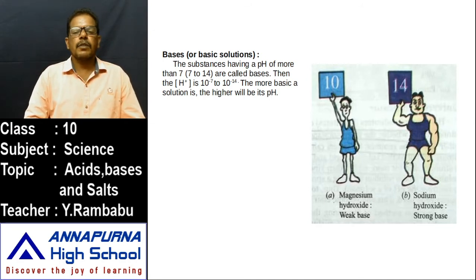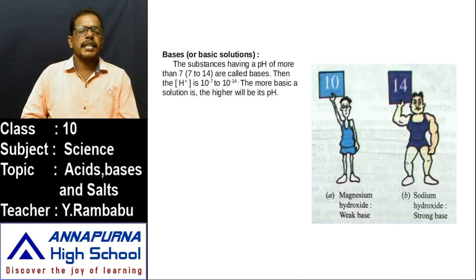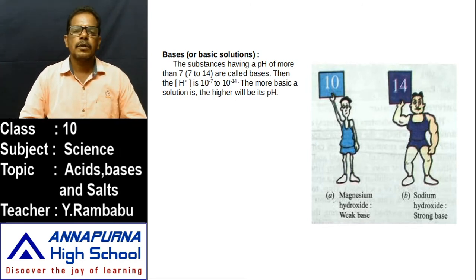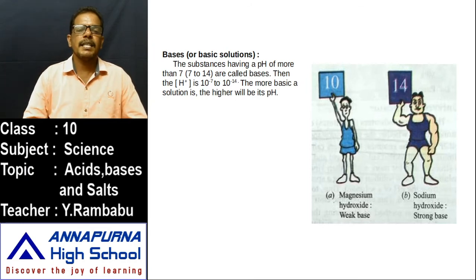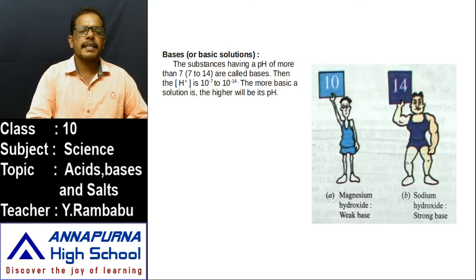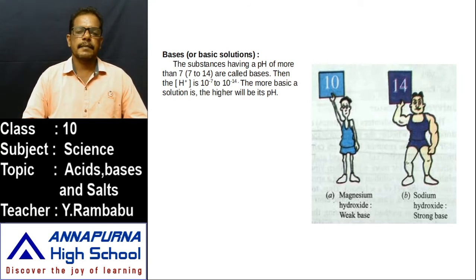Magnesium hydroxide, what we call milk of magnesia, is used for indigestion. We call it an antacid, opposite to acid. It is taken in a watch glass. Add the pH indicator, and it attains a color matching navy blue in the pH chart, meaning its pH value is 10. A pH value of 10 is greater than 7, that's why it is a base.